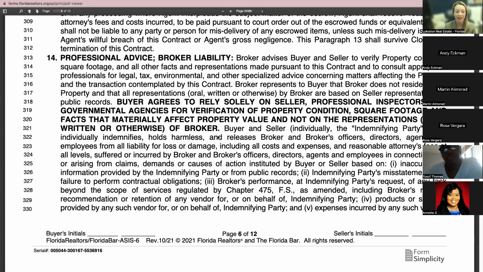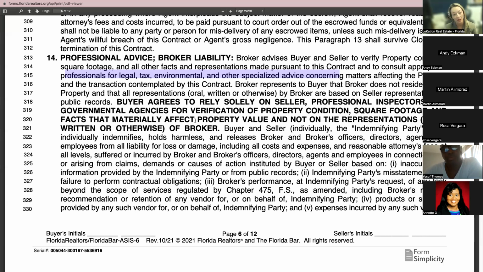you guys, all of this here is out of the scope of your profession. You're not tax professionals unless you're actually licensed. You're not environmental folks. You're not attorneys. You are not allowed to interpret any of this contract to a buyer or seller. If in the event that you do a basic explanation to them and they don't understand it, you should tell them to seek legal counsel. Okay? And this in